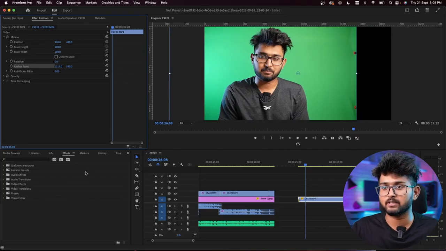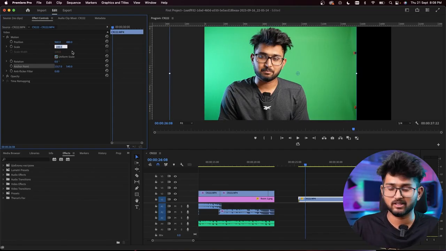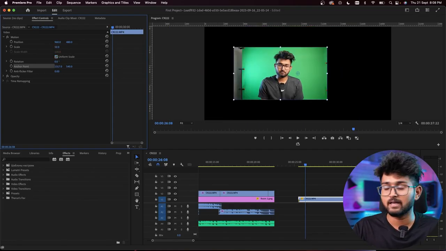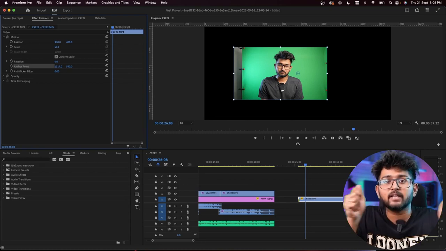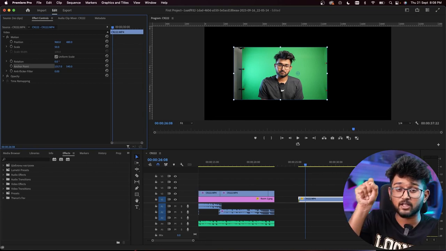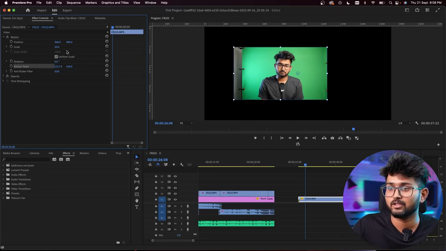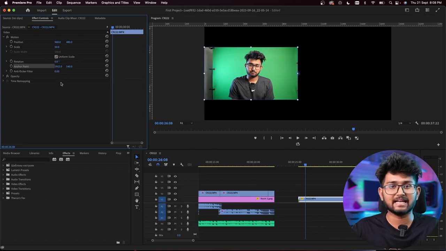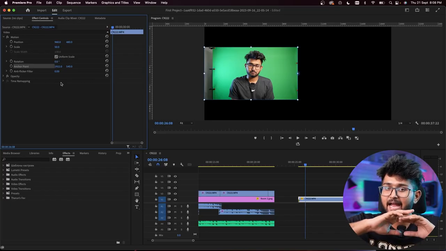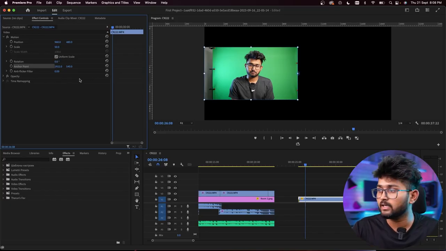Now, this is the magic. I click on uniform scale again. If I change the scale to 50, you see what's happening? The reference point of this entire transformation remains the same. It was at the same place, but the entire image expanded or contracted, keeping the reference point the same. So if I move the anchor point to this point, that point will remain there itself, but the entire transformation will happen keeping this point constant. Got it?